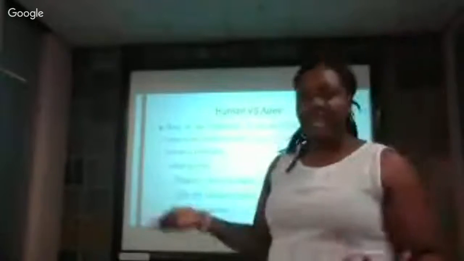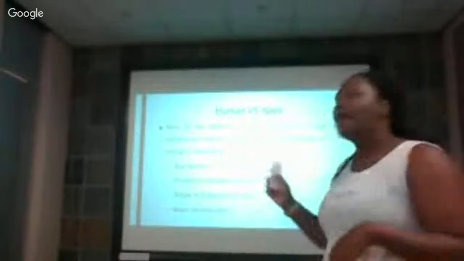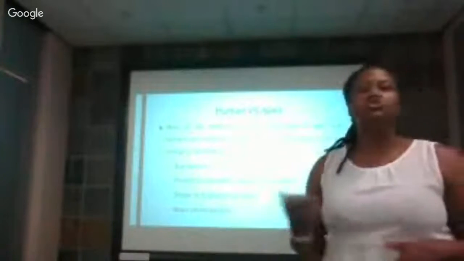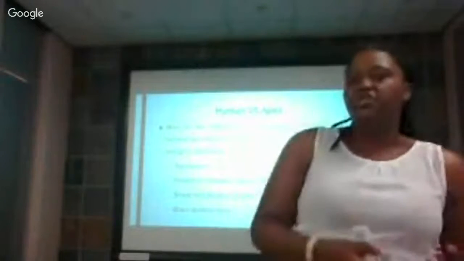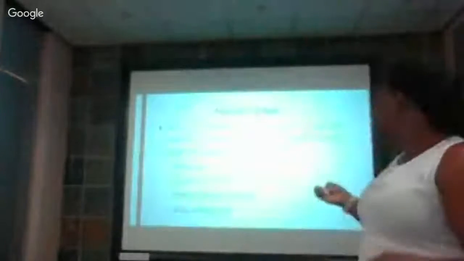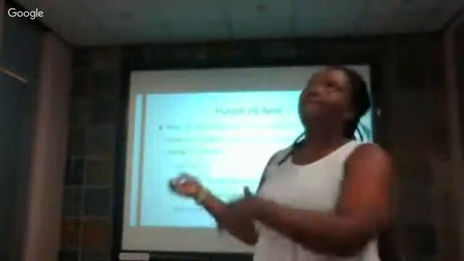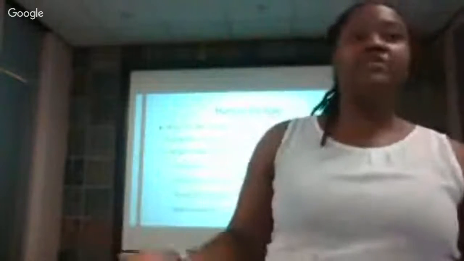So, humans versus apes. As I said earlier on, there are differences between apes and humans, which include locomotion and brain size. For example, the shape and position of the pelvis in humans is quite wide, which allows them to work with both of their legs, which means they're bipedal. Gorillas, or the apes, are actually quadrupedal, which means that they have to walk on all their four limbs.